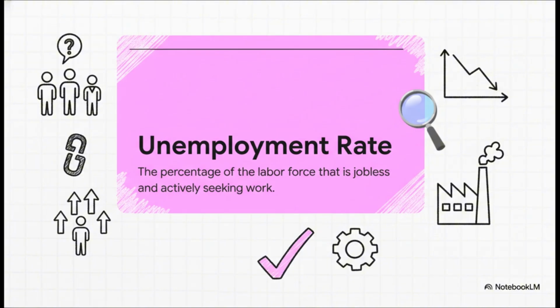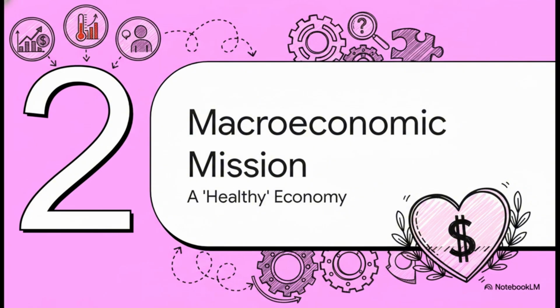And vital sign number 3, the unemployment rate. Now, the definition here is super important. It's not just anyone who doesn't have a job. It specifically counts the people who are actively looking for work and are ready to work, but just can't find a position. Of course, getting it to 0% is pretty much impossible, but keeping this number as low as we can is a top goal for any healthy economy. So there we have it, our 3 main vital signs: GDP, inflation, and unemployment.